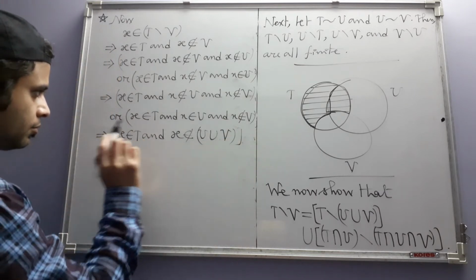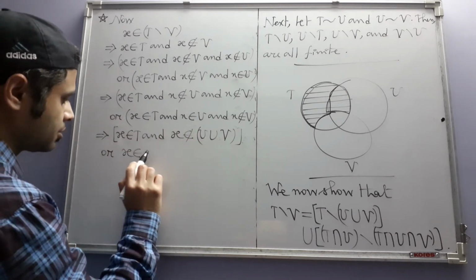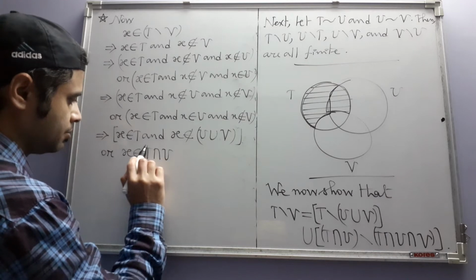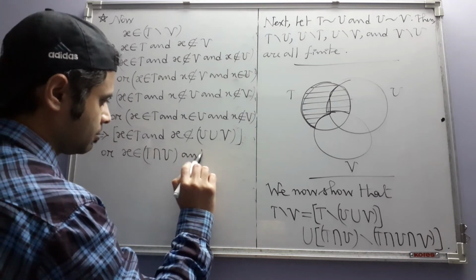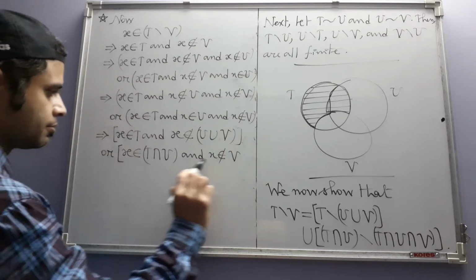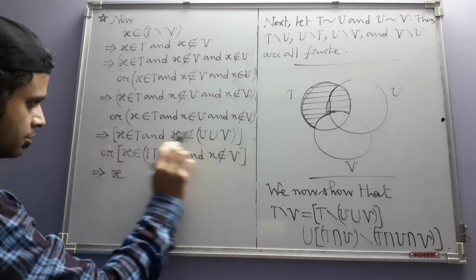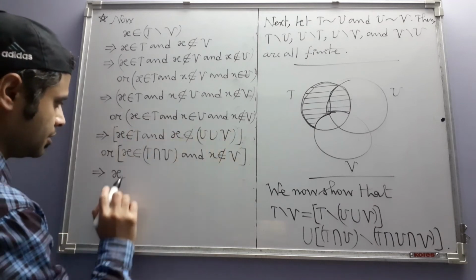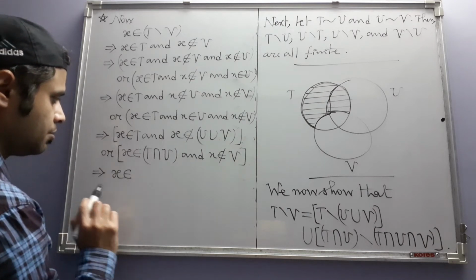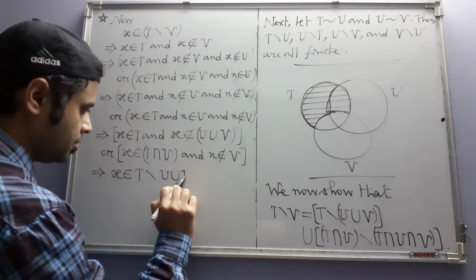or what happens here, x belongs to T as well as U. So x belongs to T intersection U, and x does not belong to V. Now combining these two statements, because we have an or, the structure of this whole thing tells us that x belongs to T difference (U union V),